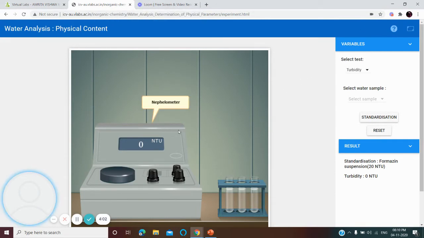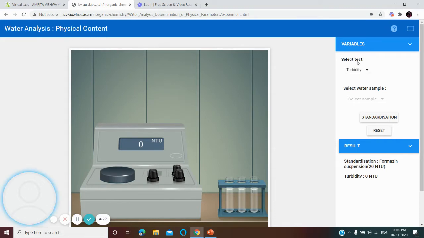So now I am going to explain the experiment. Here you can see this is the nephelometer, and these are the sample tubes. Here you have to take the samples, and this is the opening.